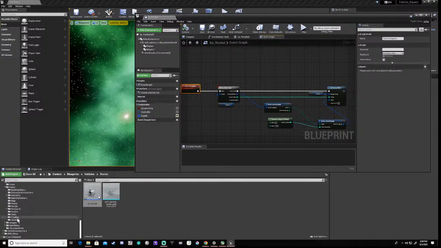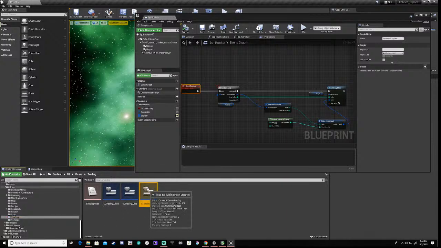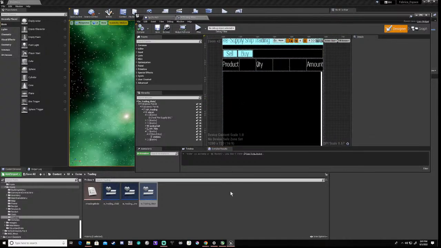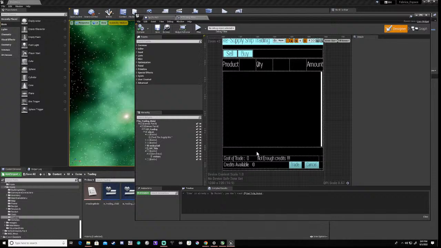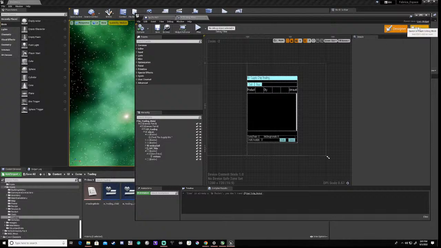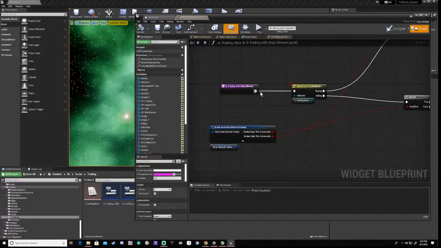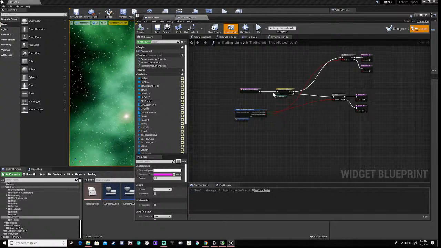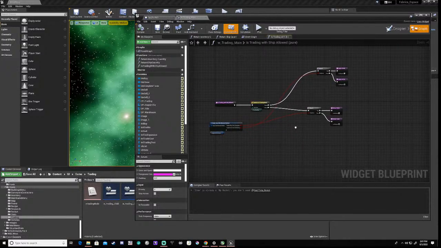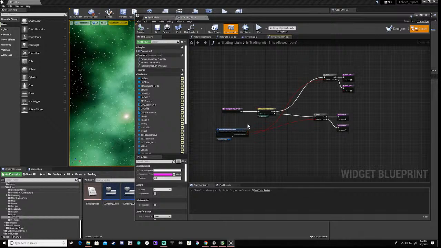Okay, so where are we? Trading. So in our trading main widget, I'll try and make this a bit bigger for you guys. We are now limiting the number of things that can basically be added to our trading widget, depending on whether the rocket buys the commodity or sells the commodity. Okay, now those are stored in a data table, and that data table